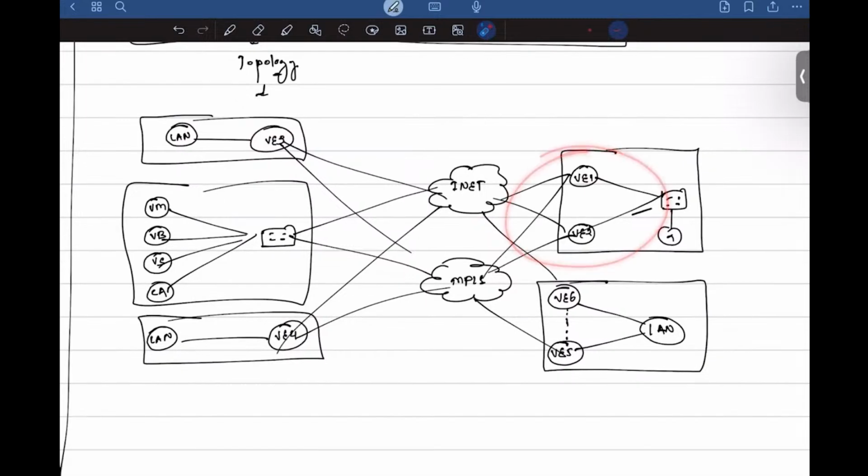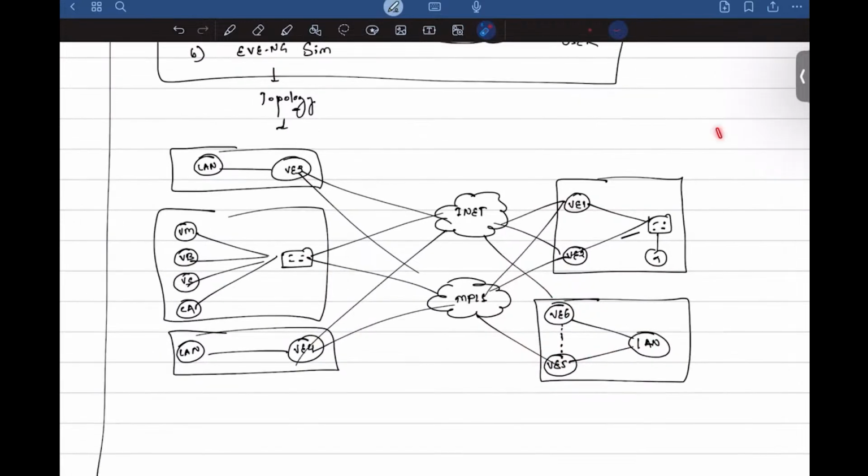Unlike the site where we are paying for 4 links, over here we are just paying for 2 links. But by using some SD-WAN concepts like TLOC extension, we will try to consume both links from each device. We'll see how that works, and that's how the overall topology looks.